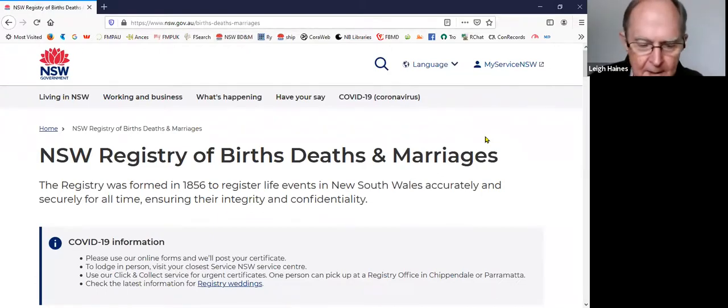Now that is their home page. This organisation is part of the Department of Customer Service. The registry was formed in 1856 to register life events in New South Wales accurately and securely for all time, ensuring their integrity and confidentiality. As I said earlier, the early church records date from 1788 to 1856, and only